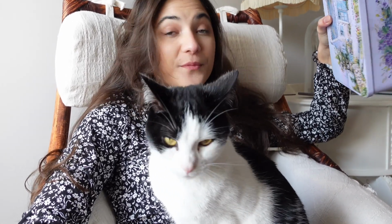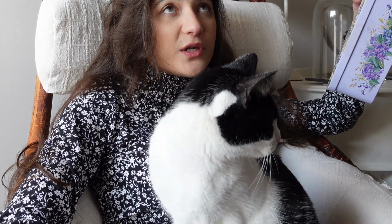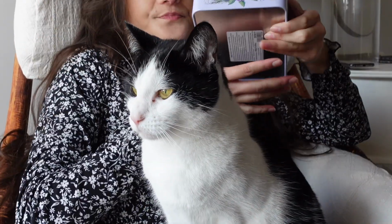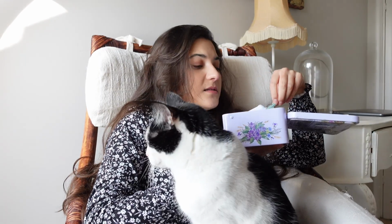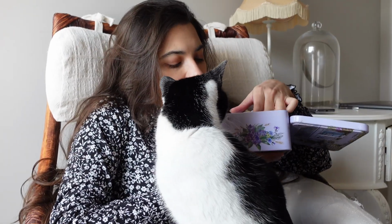In here I have the courgette seeds and things from last year from the actual courgettes. I've also got things like allium seeds and